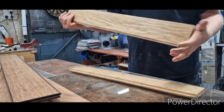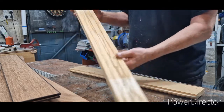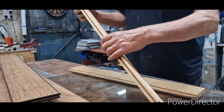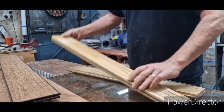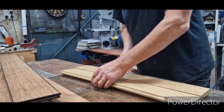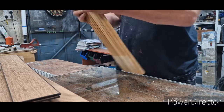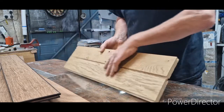I've got some old tongue and groove oak. This is actually a sample from a showroom. You can see where it was screwed onto the display before. So I'm going to have to skin this down. But again, it's all warped, I never seem to get good wood. Alright, okay. So,